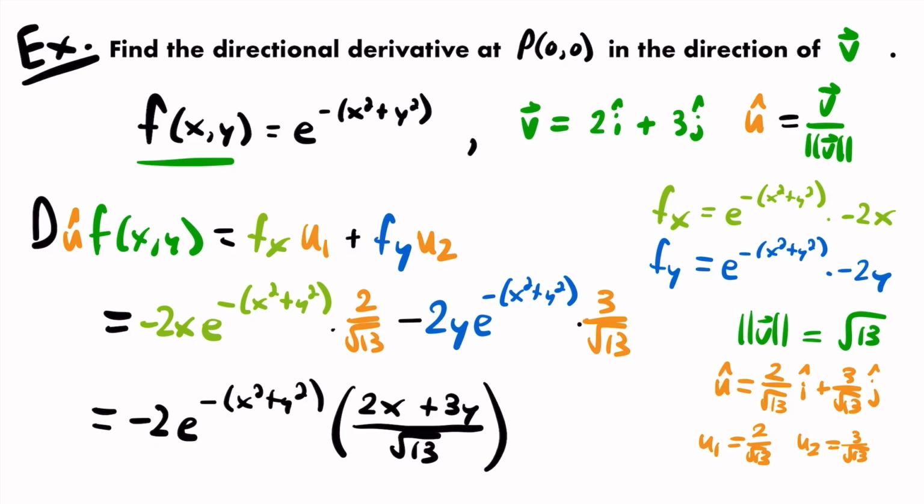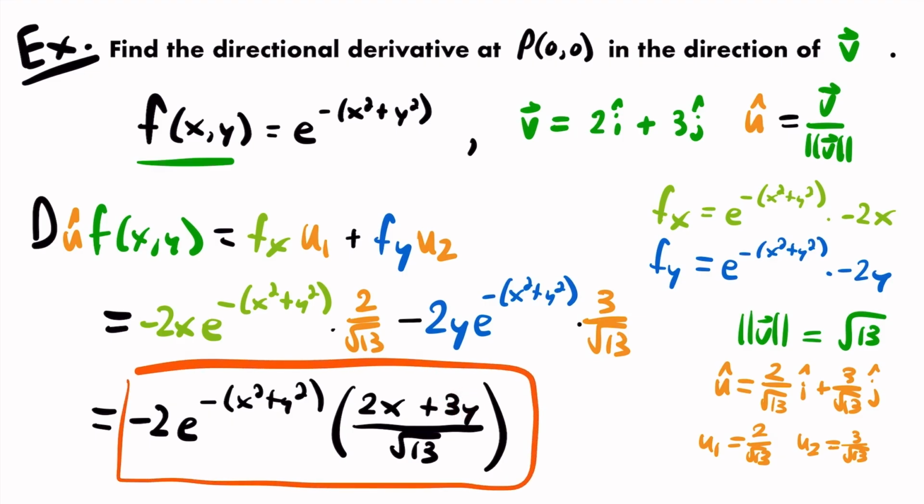Okay, once again, I just pulled out negative 2 times e to the power of negative x squared plus y squared from both of these two terms, so that's on the outside now, just leaving you with x times 2 divided by the square root of 13, which is where we get this 2x right here, and then in this term you're left with y times 3 divided by the square root of 13, which is where we get this 3y right here. And that right there would be the directional derivative in terms of x and y,